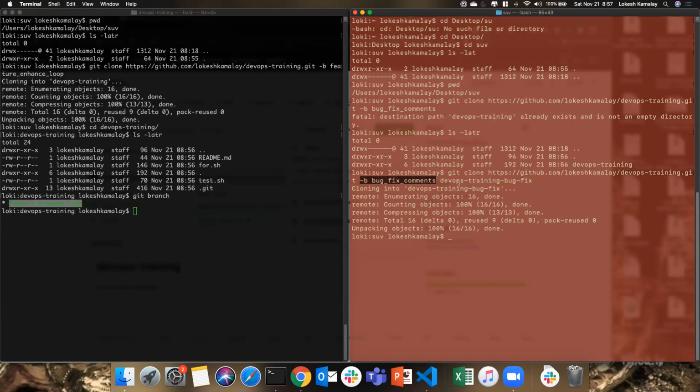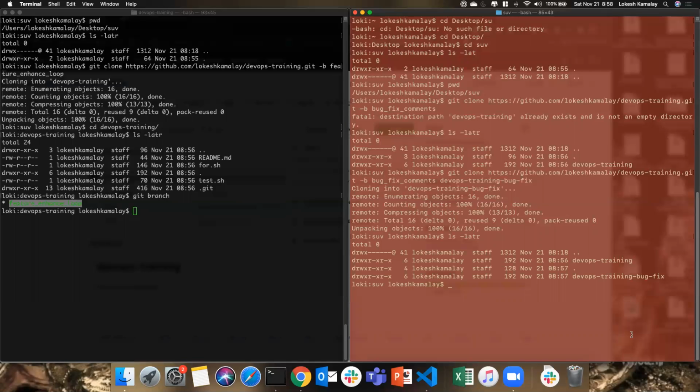So if I don't give the directory, by default this will be used to create the directory. But here I'm asking the Git client to clone in this directory rather than this. Okay, if I do ls -lh here, I see this. Okay, so now I go into the bug fix. If I do git branch,